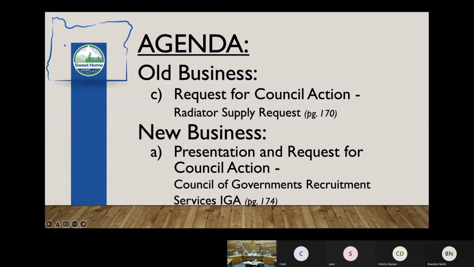So that fund originally came from a community development block grant that was essentially for housing rehab loans. This money came from the federal government, and as those housing rehab loans were paid back, it came back to the city as a fiduciary. The federal government said you get to keep that money and use it for economic development purposes. So that's the origin of that fund. Is that more or less correct, Brandon?